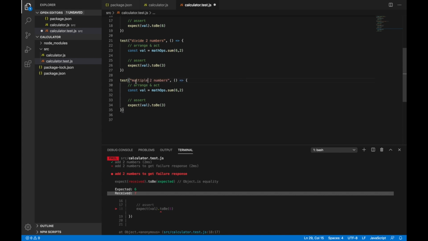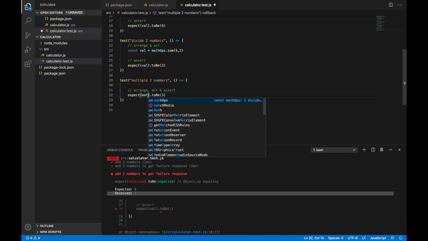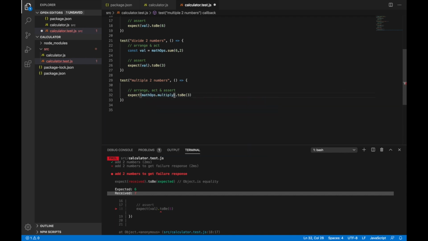And here we can also write a test in just one line, which will cover arrange, act and assert, all three in the same line. So I'll say here mathops.multiply 3 and 5, and the result should be equal to 15.